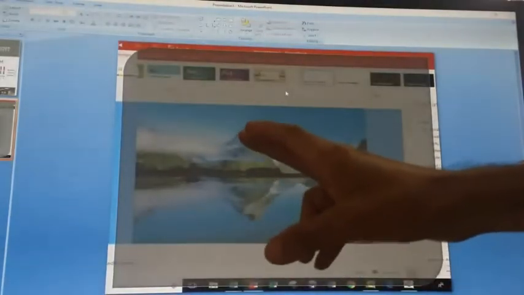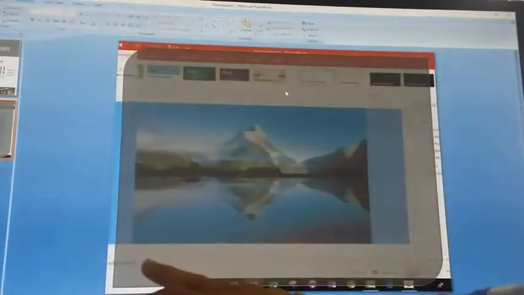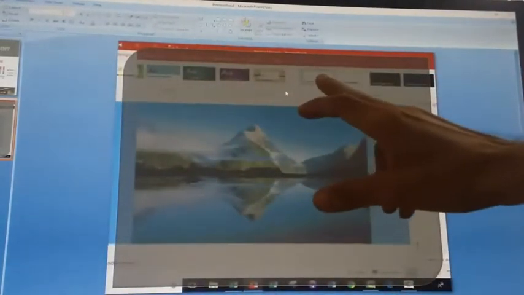Here you can notice that your background image is not visible properly on the right side and left side also.